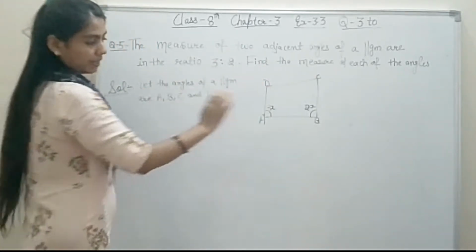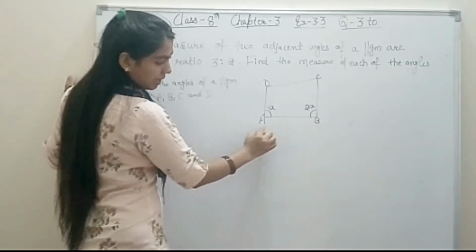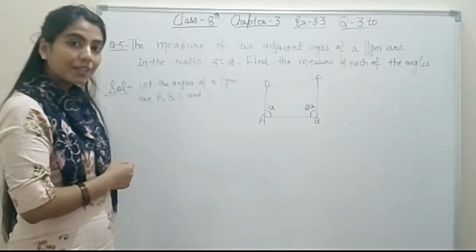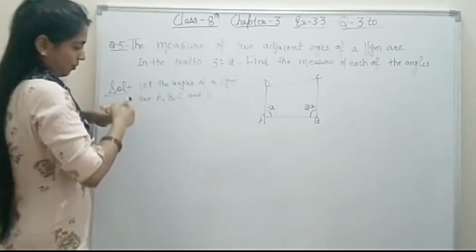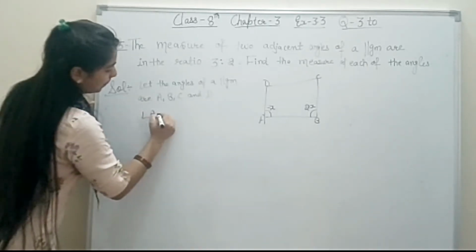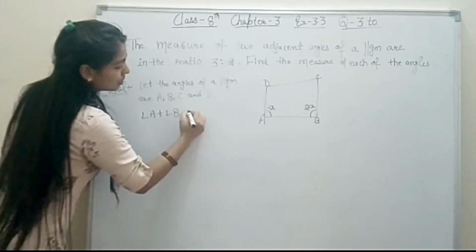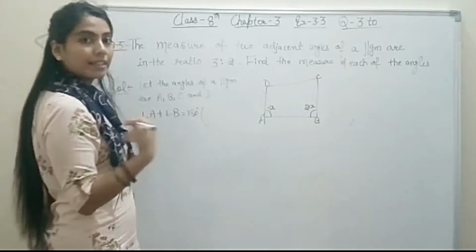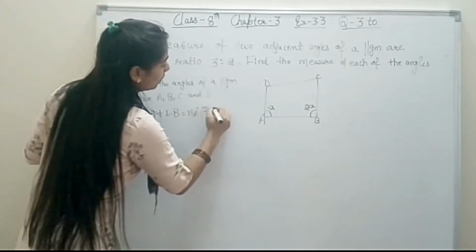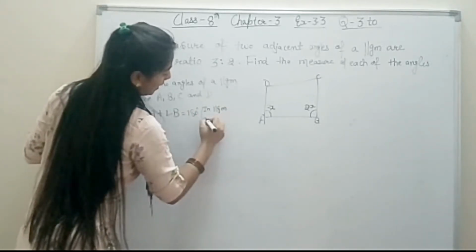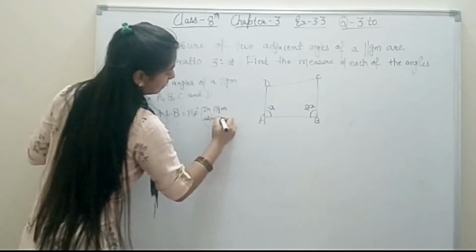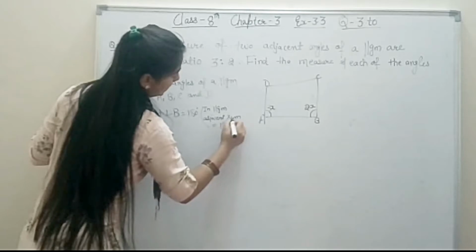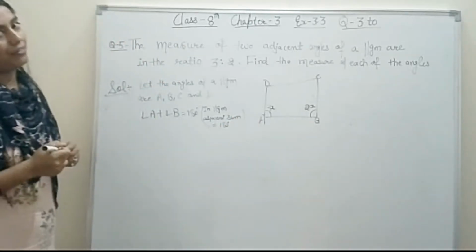पर आपको पता है स्टूडेंट, in the parallelogram the adjacent angles का sum कितना होता है? Yes, 180 degree. So we will write angle A plus angle B is equal to 180 degree. Why? Reason also you have to mention, that is, in a parallelogram adjacent angles sum is equal to 180 degree. If you know, then you have to mention.